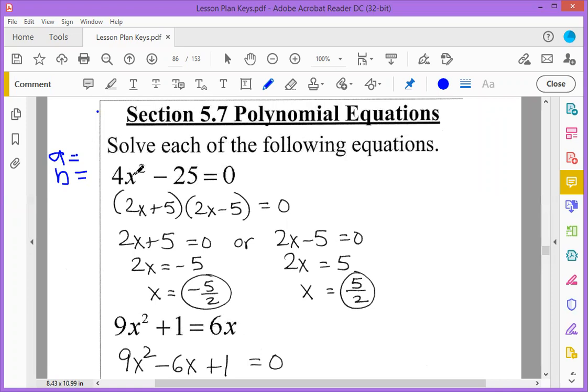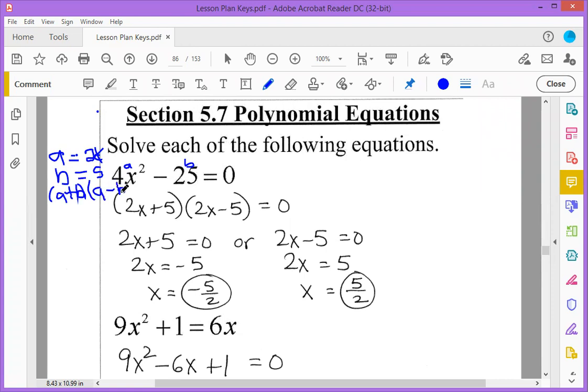In this case, 4x squared, that's the a term. What are we squaring in order to get 4x squared? That's 2x. And the b term is 25. What do we square to get 25? We square 5. So we would substitute into that format of a plus b times a minus b in order